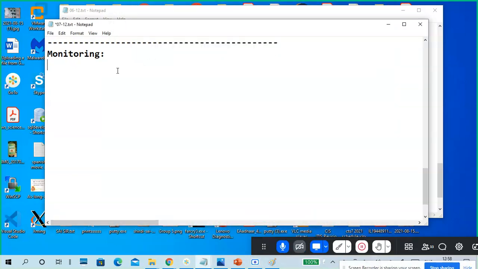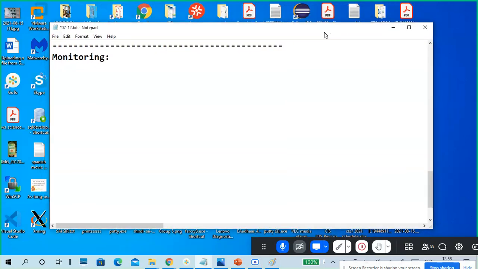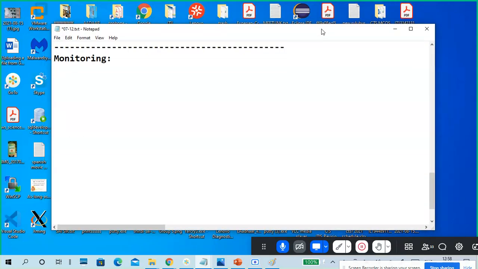Okay, so this is about monitoring. So what to monitor? Of course, monitoring means what to monitor. I will tell a very basic thing. This is my laptop, right? So my laptop, I want to monitor my laptop. How to monitor? Just looking at it, we don't know, but what we have to do is very simple.